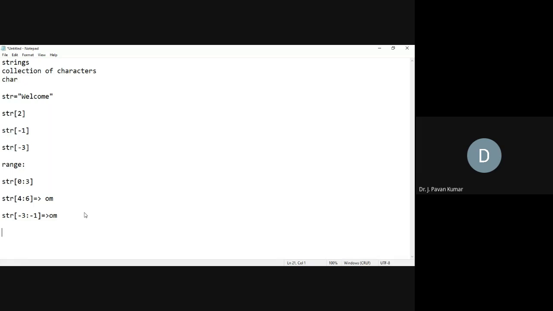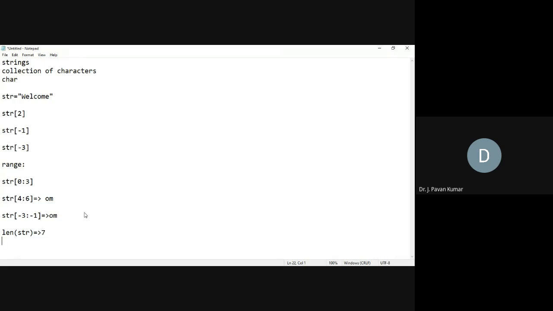Okay. Now consider, we have seen several functions related to this. How many characters we are having in this string, if we wanted to know, then we can use the function called length, len. Len of whatever the string for which we have to calculate the length, we can specify. Length of string. So what will it give? Length of string in this example? 7.